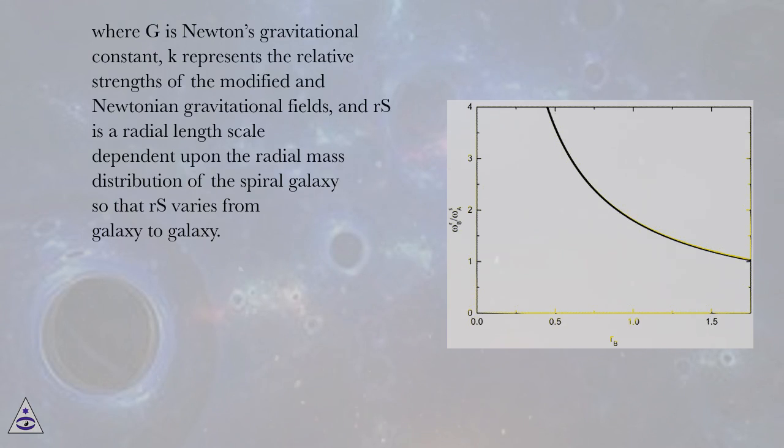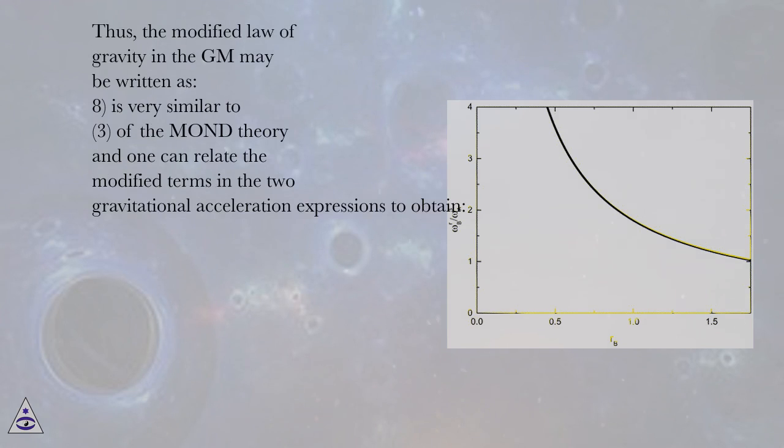Where G is Newton's gravitational constant, K represents the relative strengths of the modified and Newtonian gravitational fields, and Rs is a radial length scale dependent upon the radial mass distribution of the spiral galaxy, so that Rs varies from galaxy to galaxy. Thus, the modified law of gravity in the GM may be written as (8), which is very similar